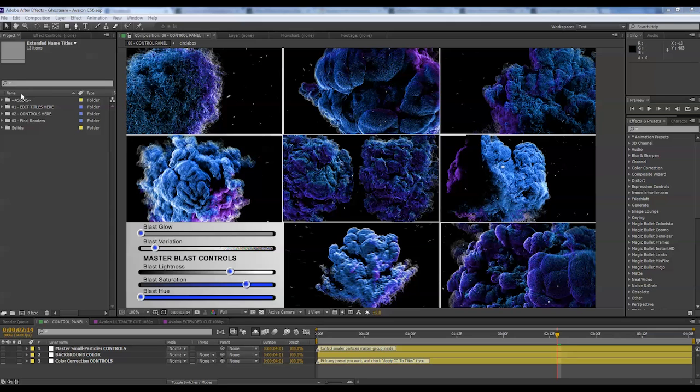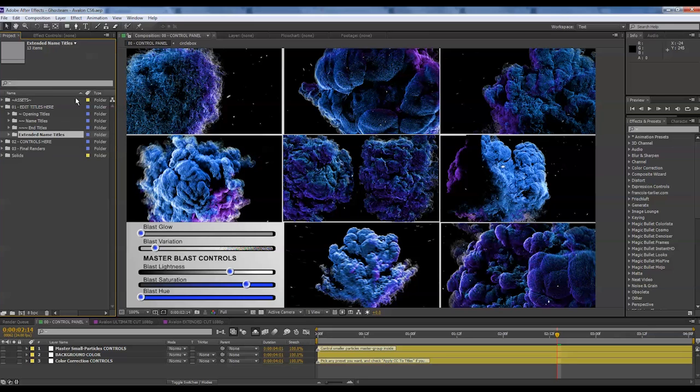And as we can see, the project has 4 folders: the assets, which inside you can find the blasts, all the animation, particles, lens flares, all the pre-composition. You don't need to touch that. The second folder is called Edit Titles Here. And inside are 4 folders: the opening titles, the name titles, the 3 end titles, and the extended name titles